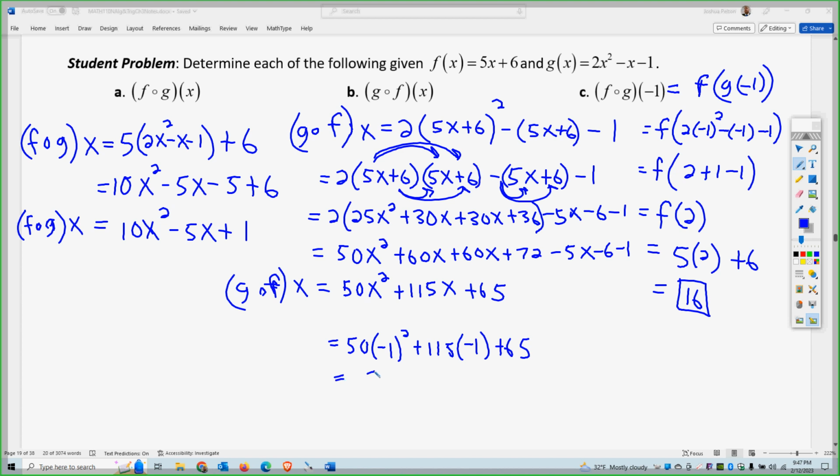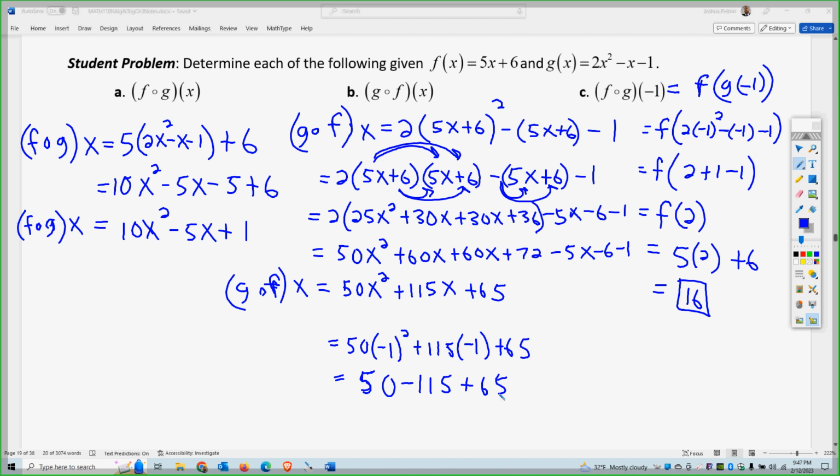So that's going to give me a positive 50. That's going to give me a minus 115 and then plus 65, correct? So we really have 50 minus 115 plus 65. Let's see, 50 minus 115 is negative 65 plus 65 is,